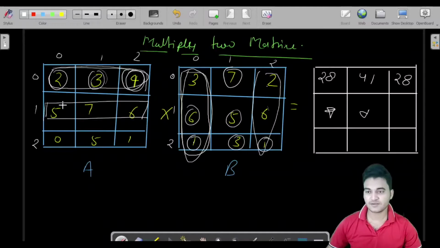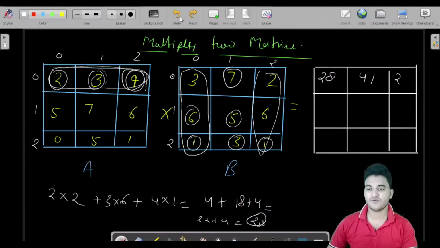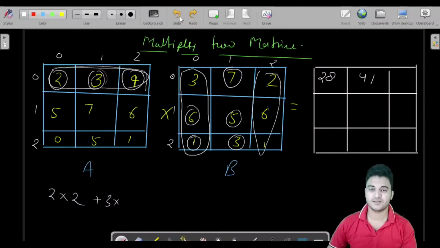And for this one, the second row. I'm calling this the first row because we have zero-based indexing, so this is the first index. So this row would be multiplying with this column, this column, this column, for these three columns. And the last row would be multiplying with this column, this column, this column, again and again. So this is the approach for how we multiply two matrices. Fine. So I hope you got the logic of how we are multiplying two matrices.